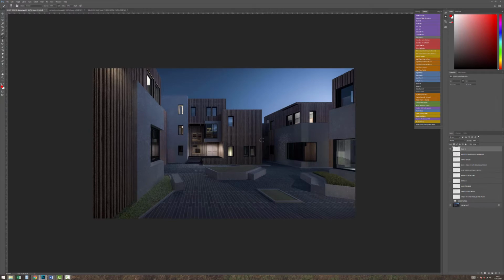My name is Simon. Today we're going to have a look at this nighttime rendering of an exterior space. So, as usual, we're going to start with composition. Composition here is pretty straightforward and I quite like it. It's a simple plaza surrounded by different blocks of buildings and a simple frontal view, with this main building here, and